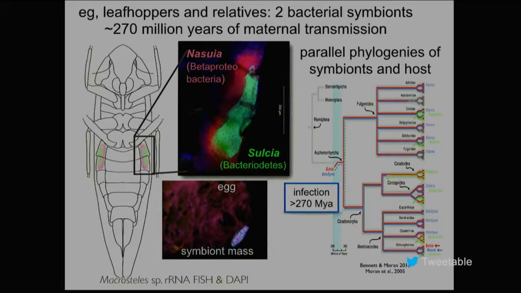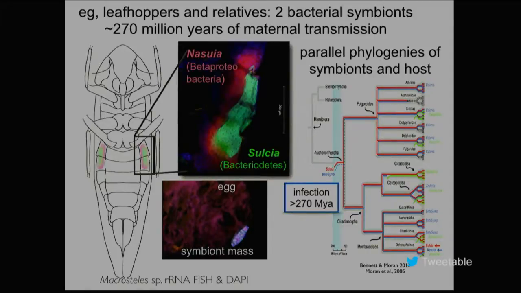It has some paired organs here in the abdomen, which are called the bacteriomes. They're composed of a bunch of cells that house bacteria in the cytosol. And so here's a picture of one of those, and this is some in situ for the ribosomal RNA of the symbionts. It turns out in this insect and in all related insects, there are two symbionts from different phyla